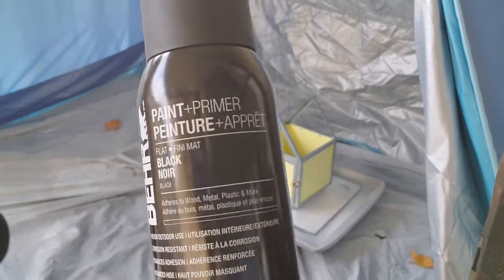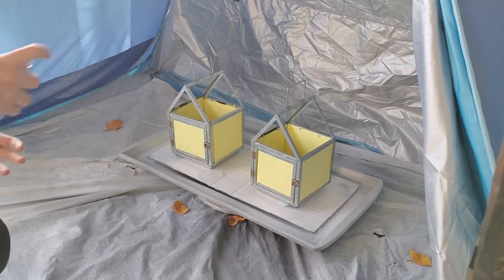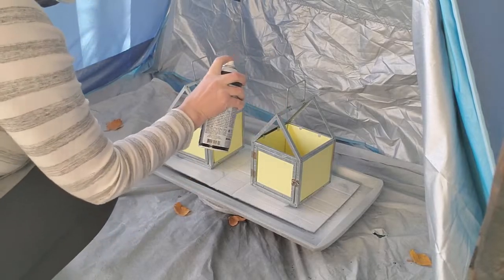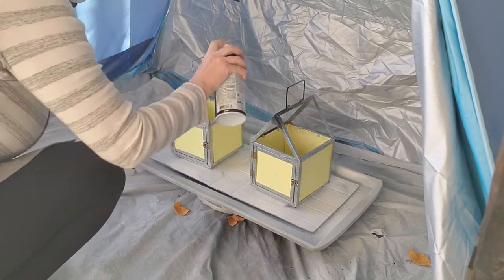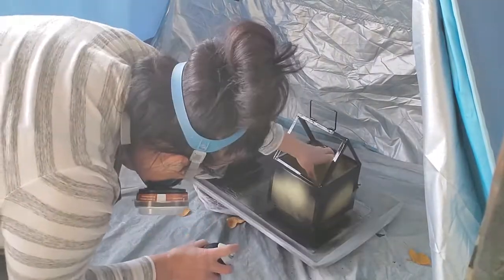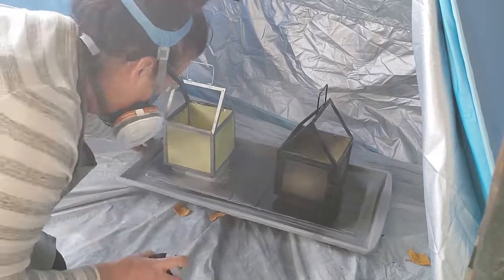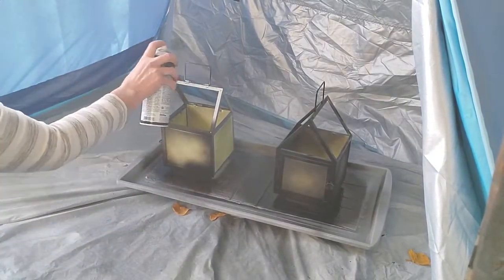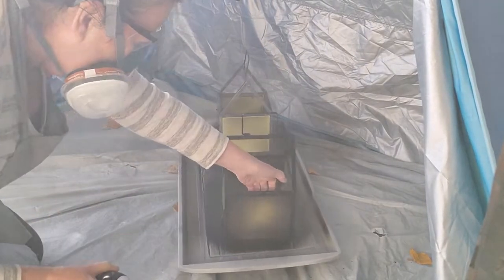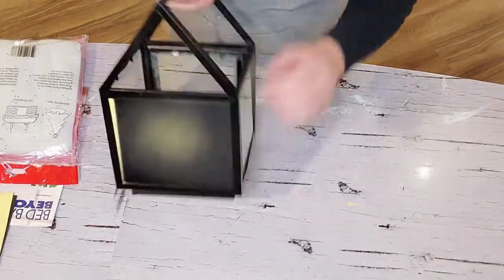So this is what they look like with the cardstock on the outside and the inside, so none of the spray paint gets on the glass. So make sure you have on your mask there to protect yourself from that spray paint. And I'm using a Bear spray paint right here for this project in the black. As you can see here, that spray is everywhere, so make sure you have your mask on